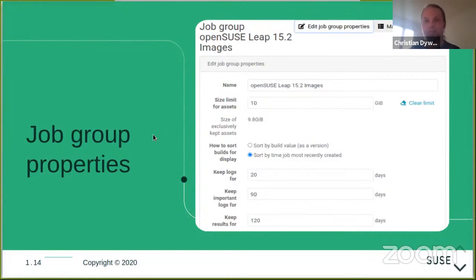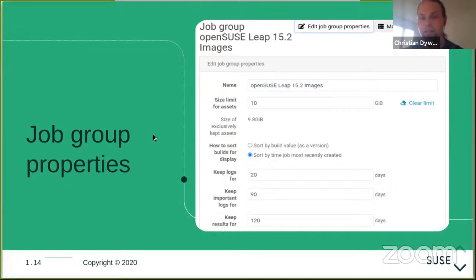Right. Yeah. So this is as you manage the job groups. Like I was showing before, this would be the typical workflow as you're reviewing your test results.